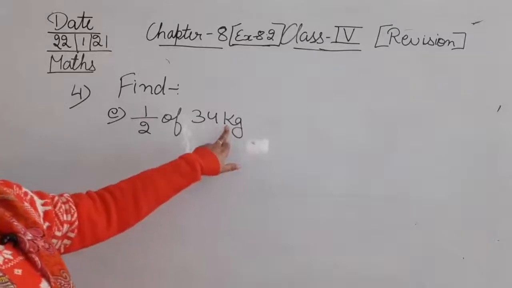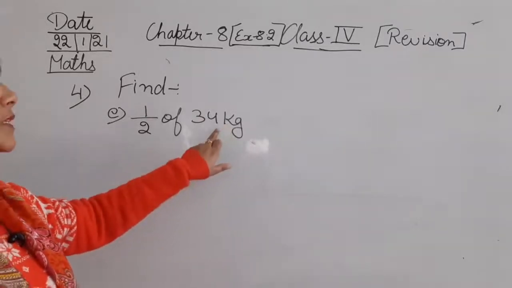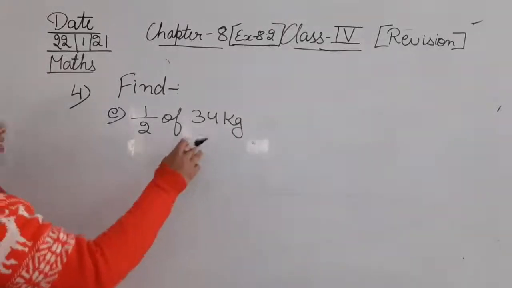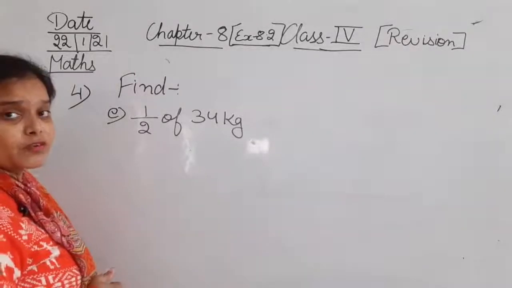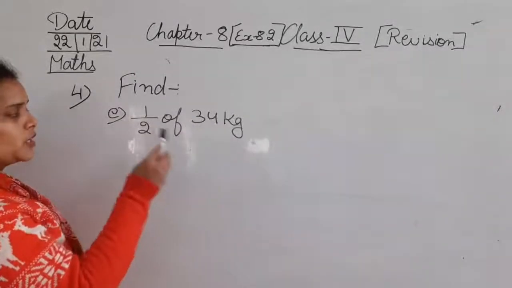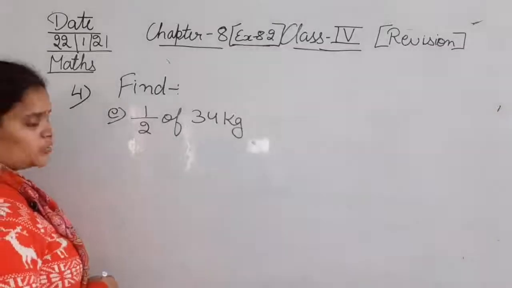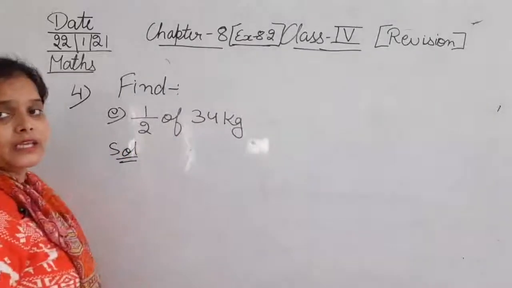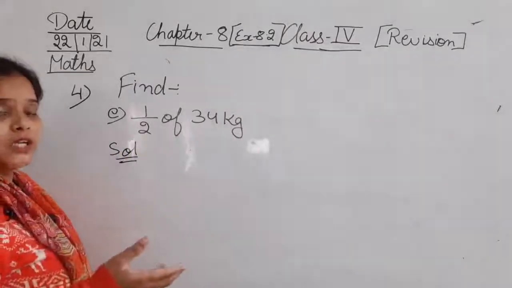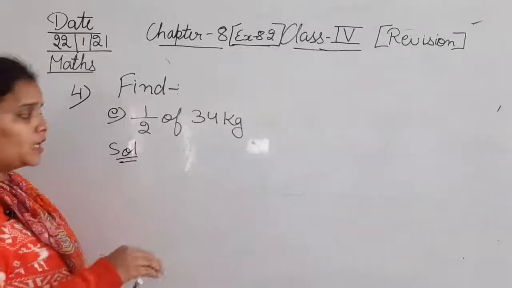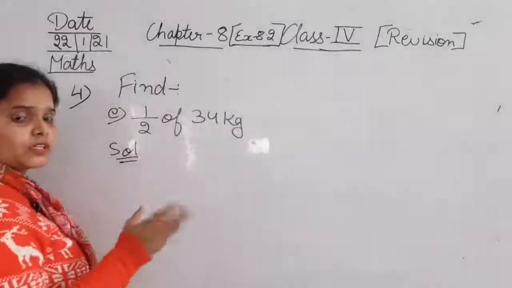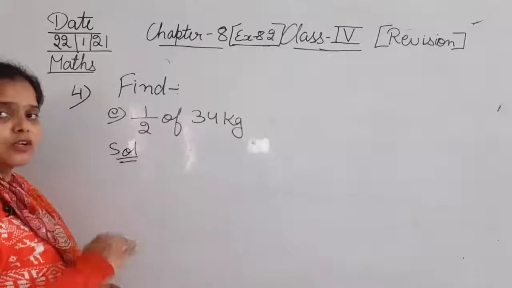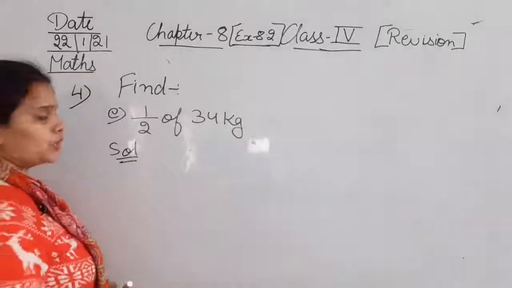Now we have to find the half of rupees 34. अभी हमें rupees 34 का half ढूंढना है. Okay, sorry, not rupees, kg. So we have to find the half of 34 kg. Half of 34 kg or 1 upon 2 of 34 kg. So that means देखिए in spite of 1 के अलावा अगर यहाँ पे कोई और यूनिट होता, जब कोई और नंबर होता, तो we will directly multiply and divide with that. But here it is kg, so you can use it with kg. If you want, you can change into the grams as well, but that will be very long. So in spite of changing into grams, you can just directly do it.